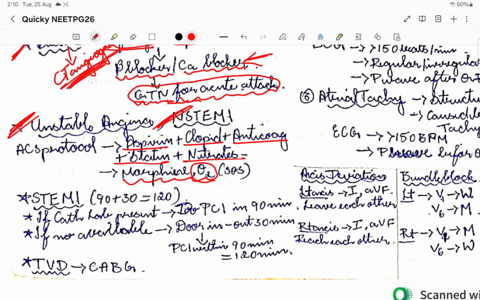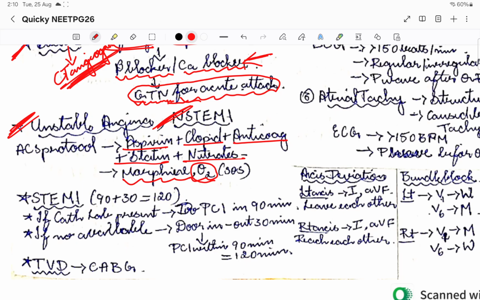See, NSTEMI means there are ECG changes, so that is why we are admitting him. The ACS protocol is followed where we'll be giving basically aspirin, clopidogrel, statin. Then the extra ones are anticoagulants and nitrates. Then if the pain is very severe, we are going to go for morphine, and if needed, oxygen